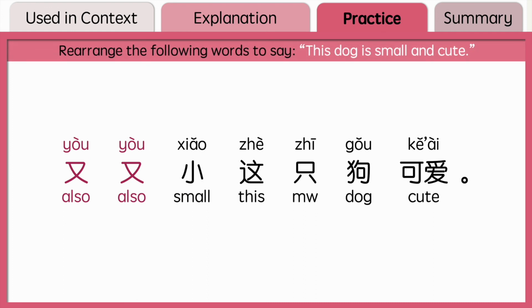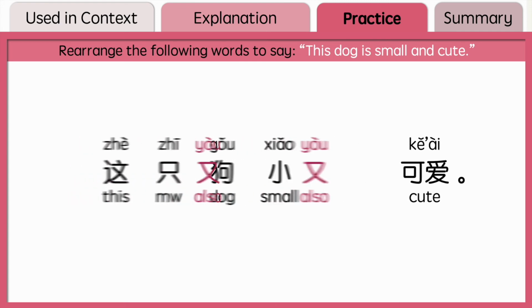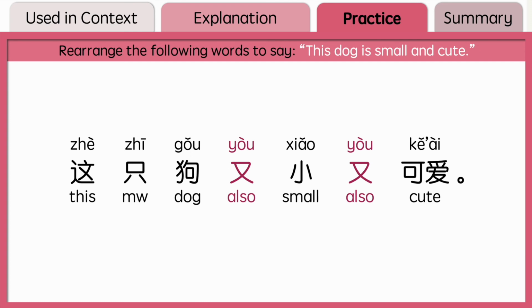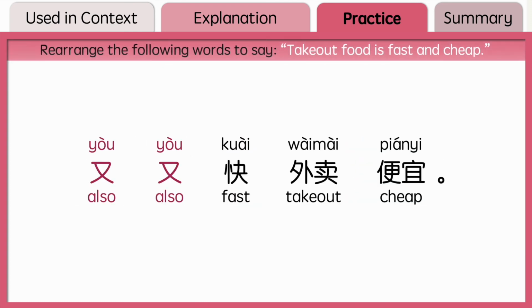Alright, now how about we do some practice? Rearrange the following words to say, this dog is small and cute. You can pause the video and think about it first. Okay, the answer is, 这只狗又小又可爱。